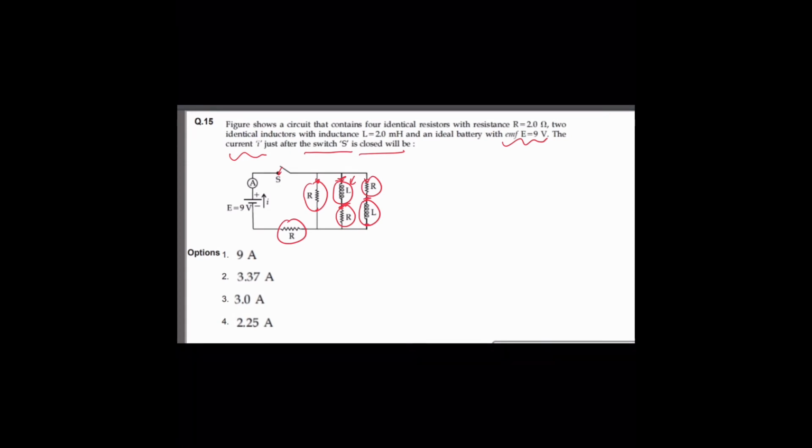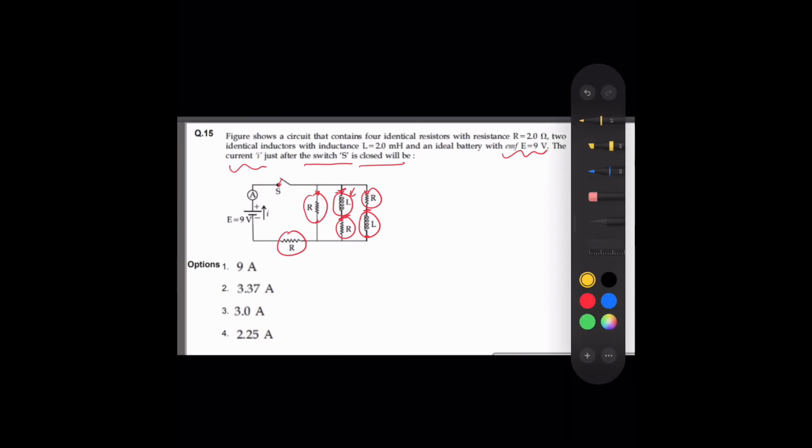Now one interesting thing will happen over here. As soon as you close the circuit, the current will flow in all parts of the circuit, right? But as soon as the current enters the inductor, it is nothing but a coil. So a magnetic field will set up in the coil, and this magnetic field in turn will produce a current which will be in the opposite direction. So this part of the circuit will act as an open circuit, and the same thing will happen in this part also. I'll just use some different color over here. Okay, let's call it yellow. So this part of the circuit and this part of the circuit will act as what? An open circuit. So we can ignore this much part of the entire circuit. We can ignore this much part of the circuit.